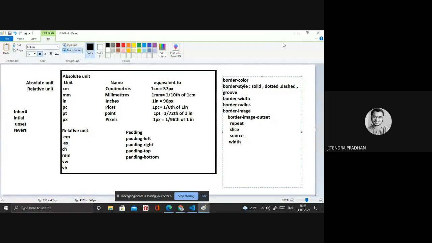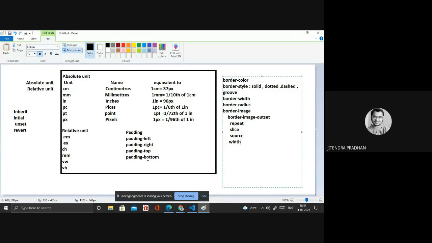And next we go to margin. What are the margin options? Same as margin, we have margin left, margin right, margin top. We have padding and padding top. I already told you that one.